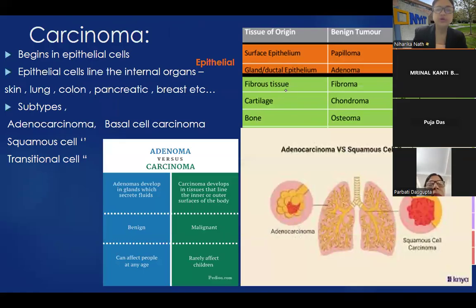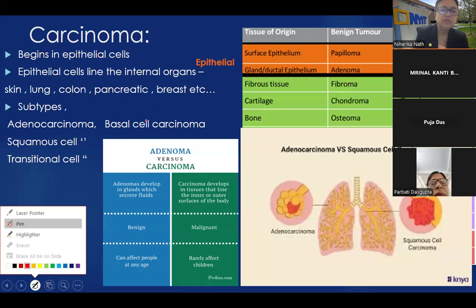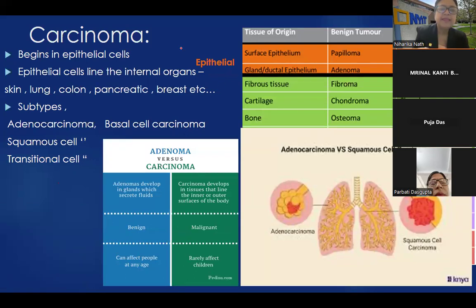So let's look at carcinoma. We're going to do one by one. Today you should be able to differentiate between them. And when you read literature, you should be able to tell those differences. So here right now, let me just make this a red color. There you go. So let's look at carcinoma. And in carcinoma, like we said, it begins in the epithelial cell. Where is that? That's again on the surface of all the organs, okay?